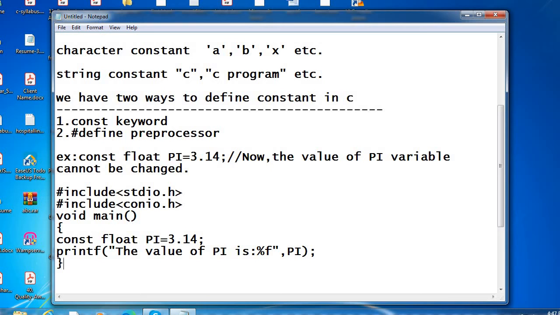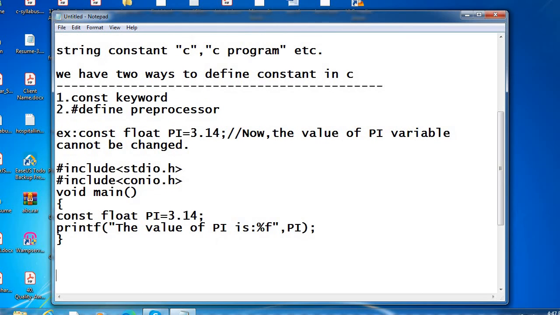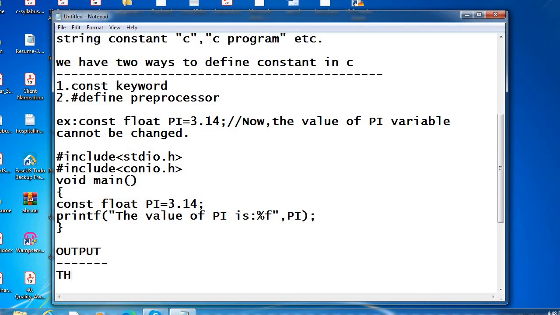This is a simple example on constants, and you will get the output: the value of pi is 3.14. So this is a float value you are getting.